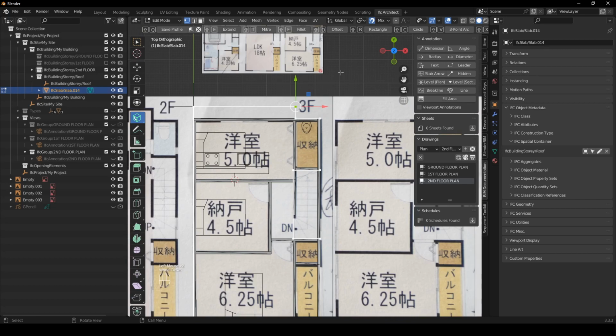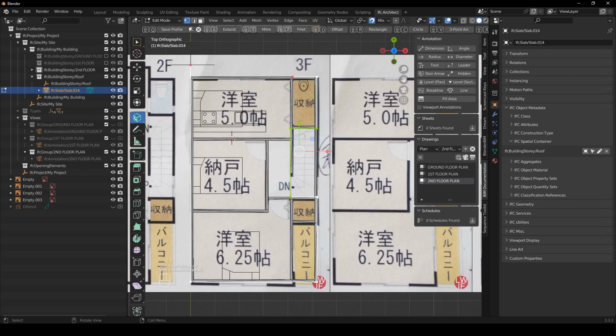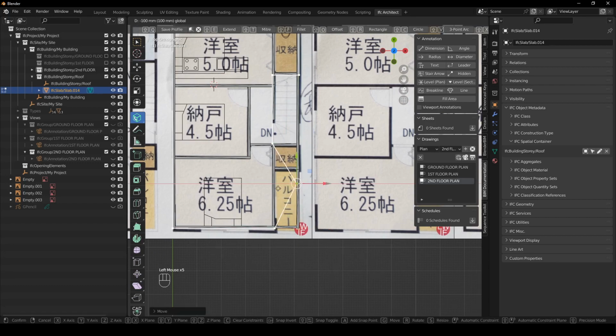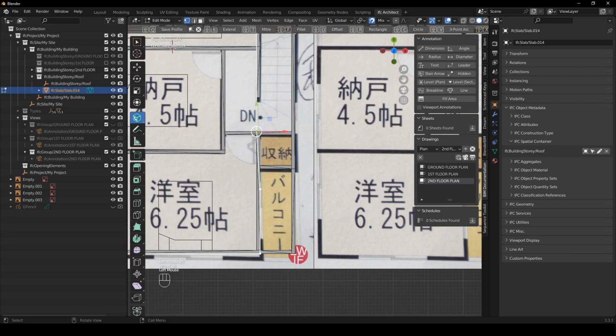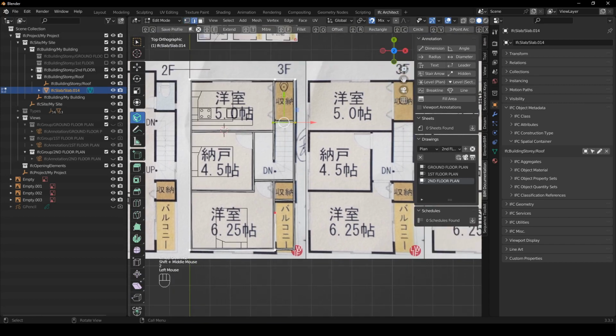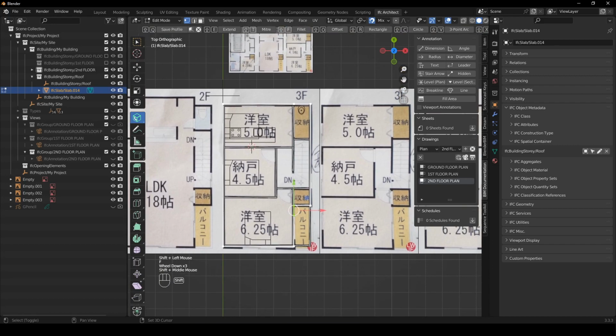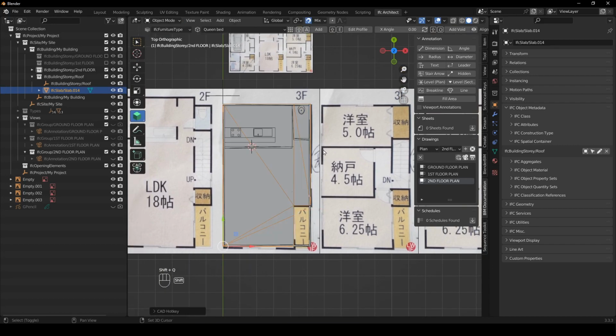And we say X, V. So we can just bring this guy in, G Y. And then select both of these and press F to connect them. And press 1 here and adjust this guy on the inside. And adjust this guy on the inside. Press X V, press 2 because I want to get rid of the roof over the balcony here. Press 1, snap it there, press F, make sure it's a complete circuit, and then say Shift Q, and then